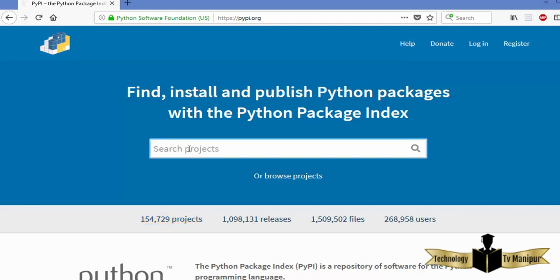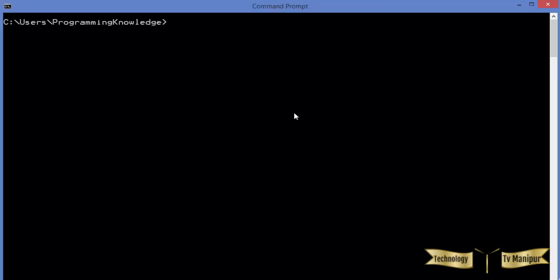So let's see how we can use Python PIP using the command line. Generally, whenever you have installed Python on your Windows or any other operating system, PIP will be installed with the same installation of Python. So if you have installed Python 3.4 or above, most probably PIP will be already installed